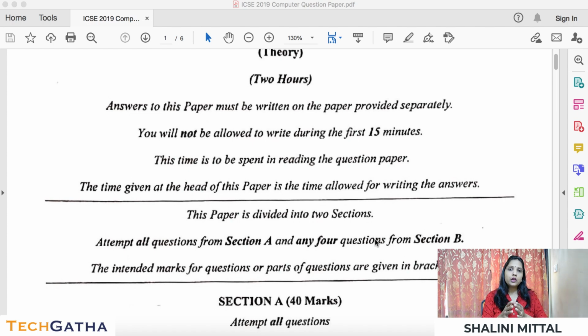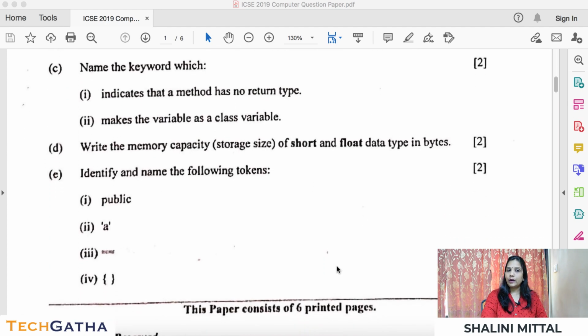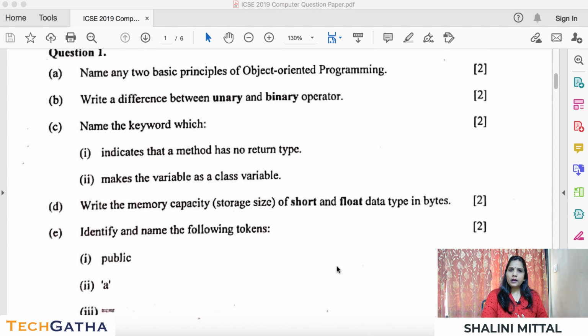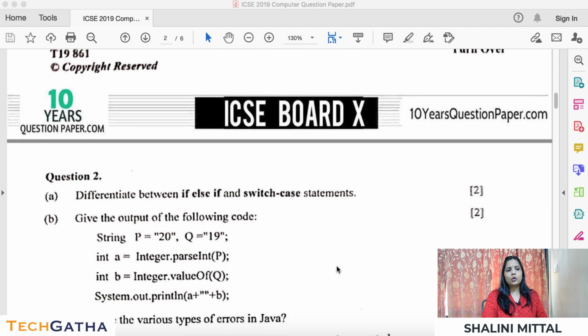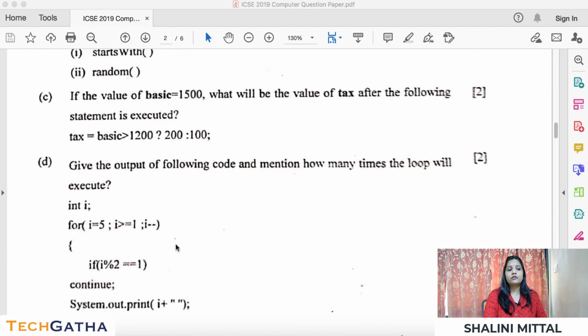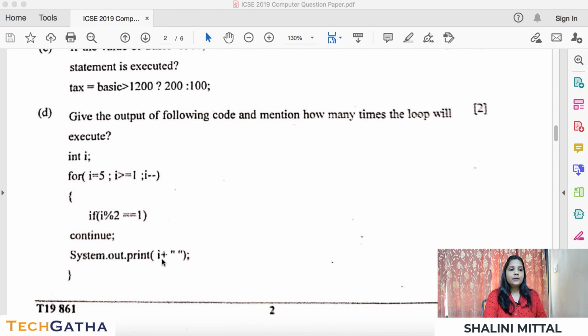One more important point when you solve the paper is the 2 hours. Section A should be completed in 40, max 45 minutes. In Section A you have 20 questions, each question of 2 marks and 2 minutes for one question. That is 40 minutes. I am telling you to take 5 minutes as a grace period because you may have some output based questions and you may need some time to solve these types of questions, right? So 40 to 45 minutes max.